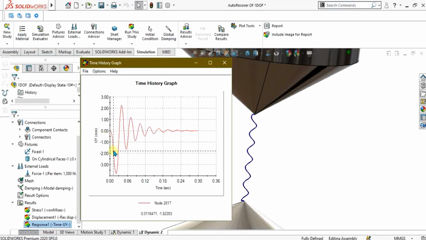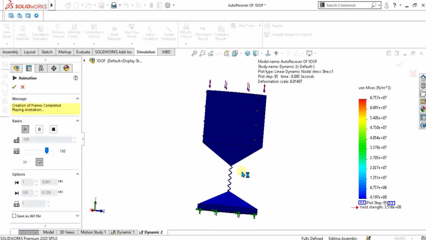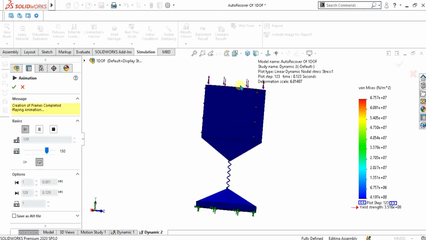As you can see, the upward and downward displacement is showing, and with respect to time the displacement is increasing. So this was the time history graph using modal time history vibration analysis. As you can see in this animation, when the sudden force of 1000 Newton impacted on this face, it displaces so much. But with respect to time, as the time is increasing, the displacement is coming down.